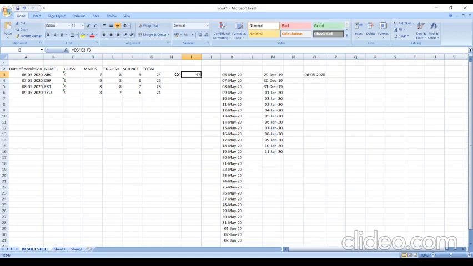Functions, as you have seen, I have put a function here. You need to keep one thing in your mind, that every formula as well as function starts with the equal to sign. Second thing, in the formula bar we have written the function name, then the brackets are started, that are known as parentheses, and whatever we have written in between these, whatever range we have written, D4 to F4 or anything.